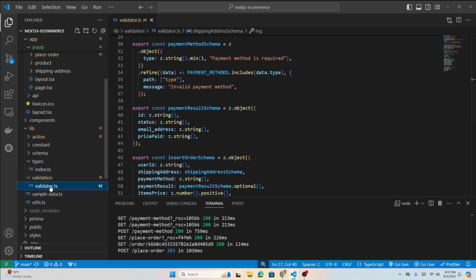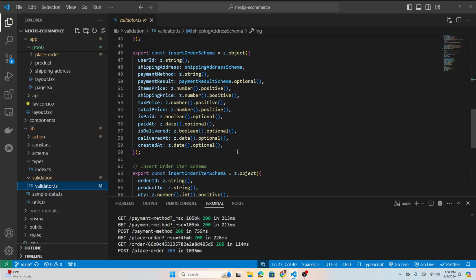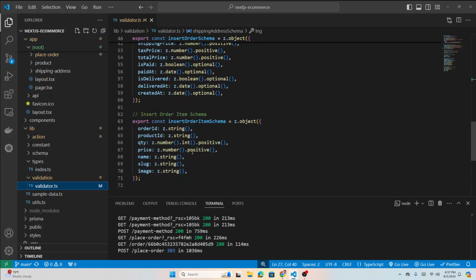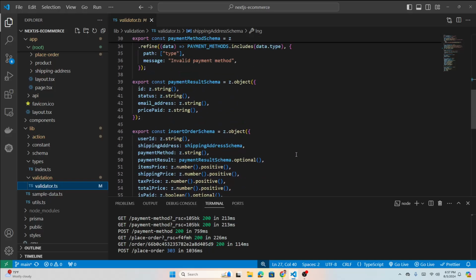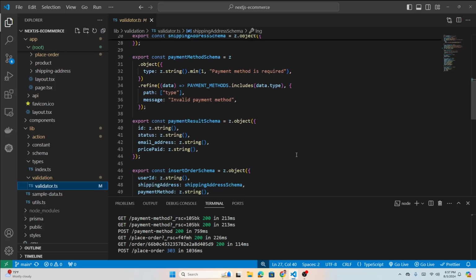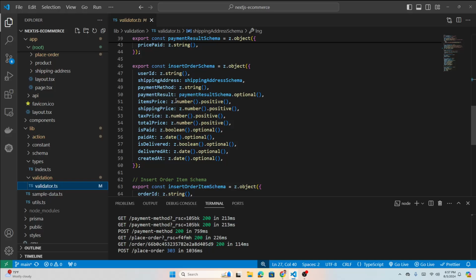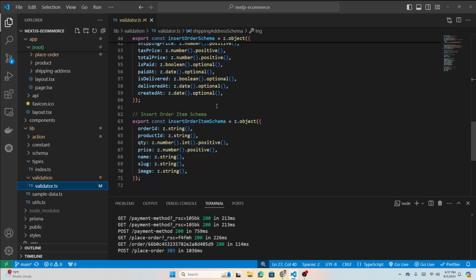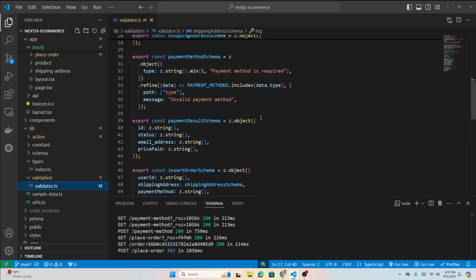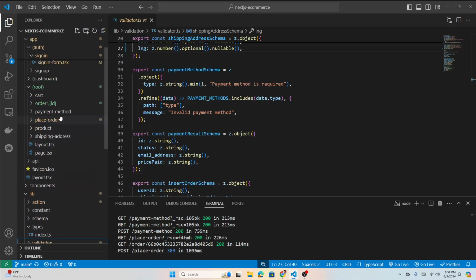So what is that? Type validator. Okay, so if you look at the inserted order schema, find inserted order item, right? Find where is the shipping address. Okay, that was from the last time, right? I cannot find. So let me quickly look at